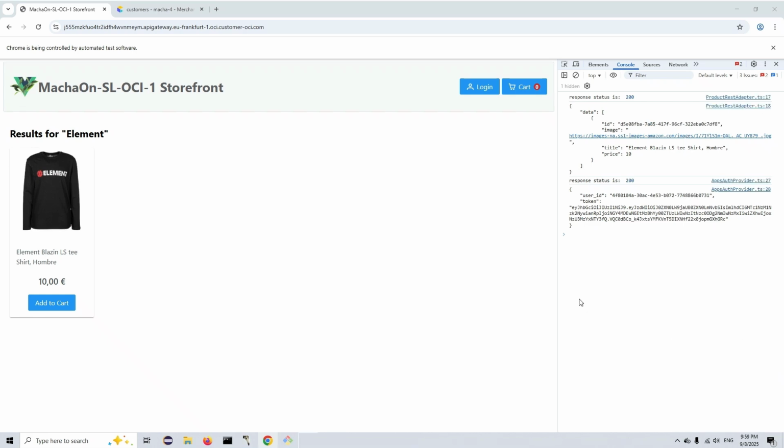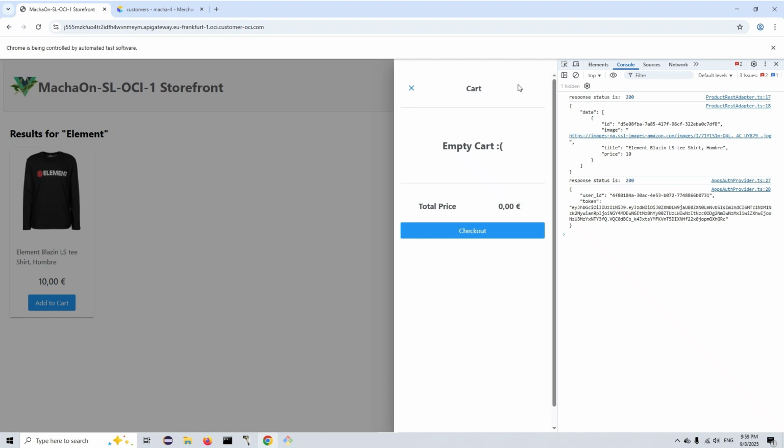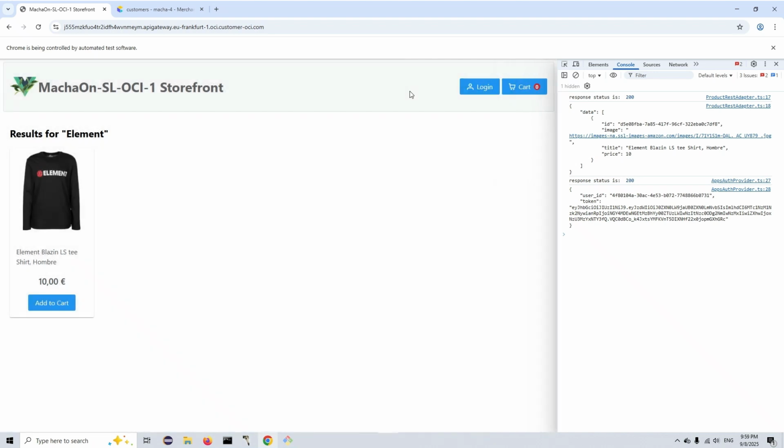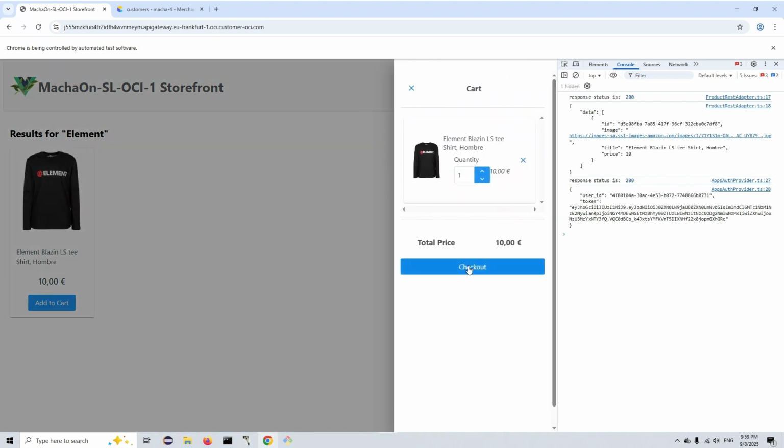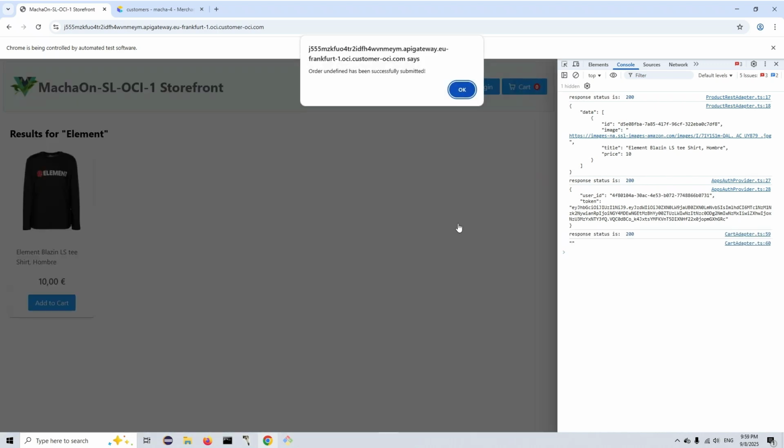Finally, we'll test the order submission flow using the JWT token for secure communication. Once the user is logged in and authenticated, their JWT token is included with the order submission request. When the order is submitted, the API gateway forwards the request to the order OCI function, and the authorizer OCI